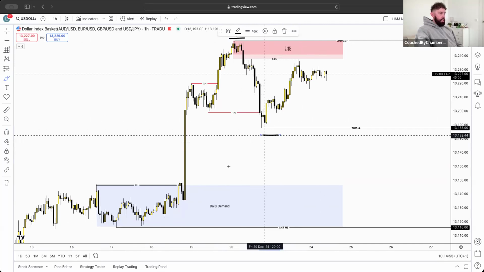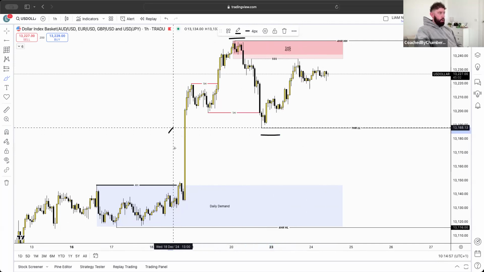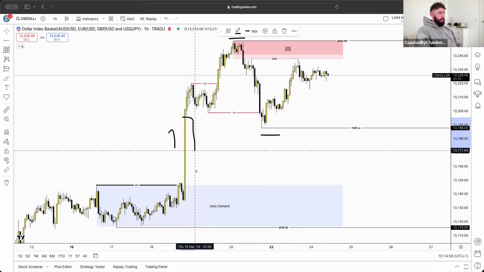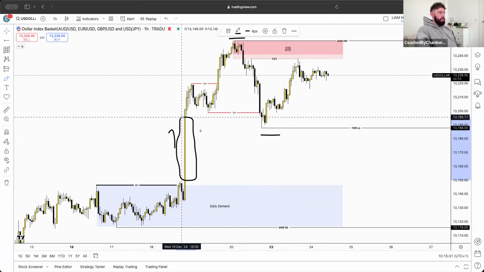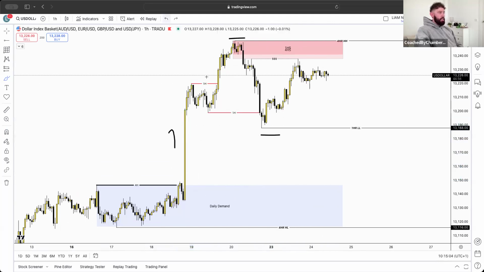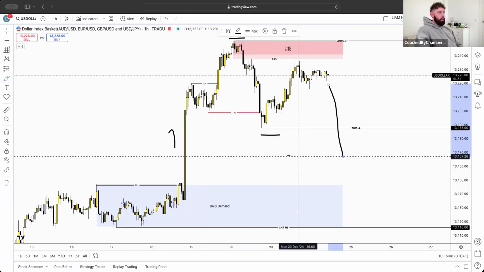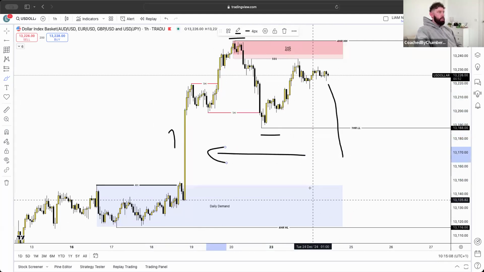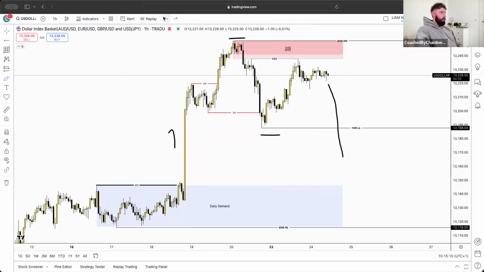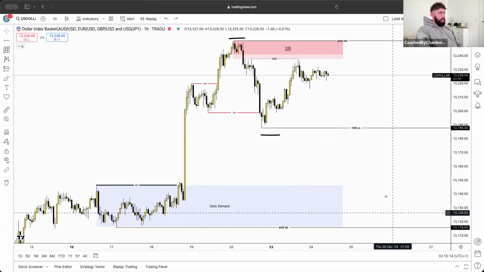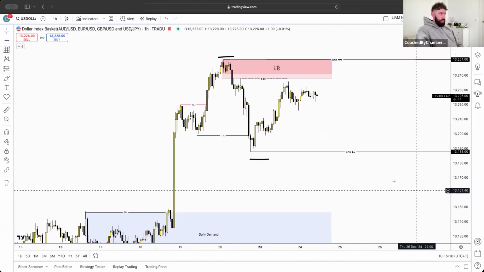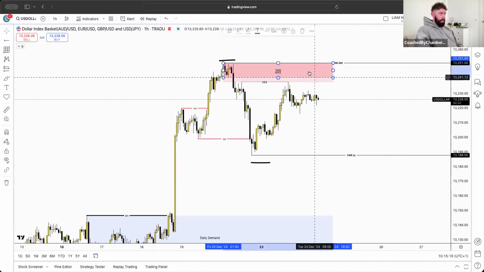So obviously what we're expecting, firstly, number one, is we want to see this whole candle here rebalanced. There's a lot of imbalance there. So we would like to see the markets come down to rebalance this whole situation here. So that is my first thought with the dollar. So with that being said, what can we see currently? Well, let me just get rid of this 1 hour supply area.